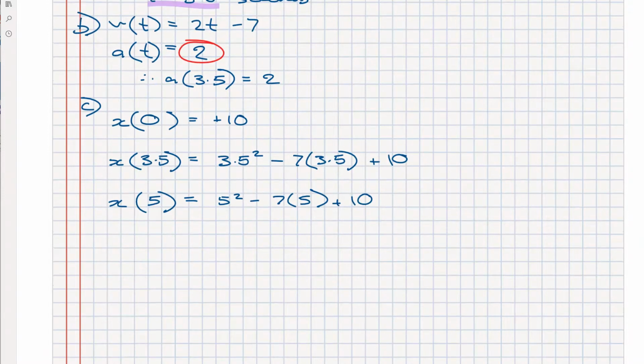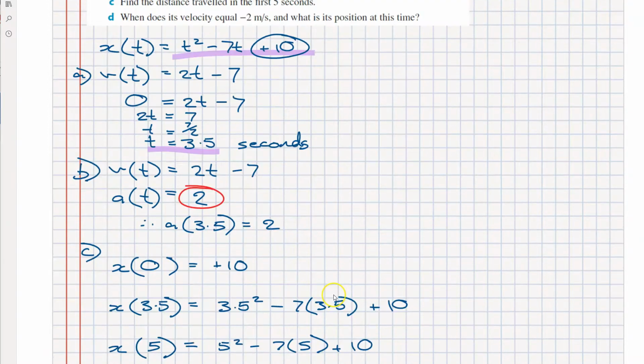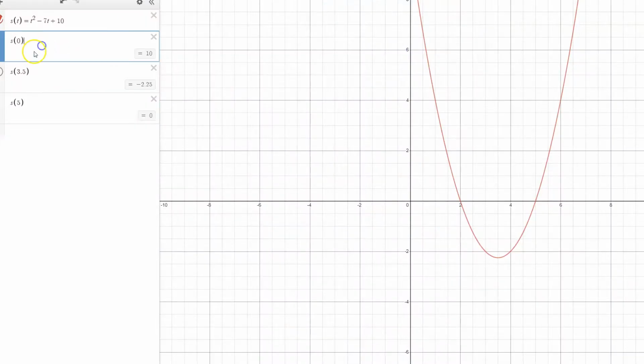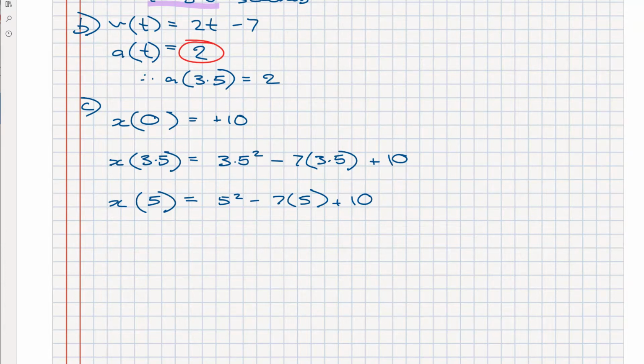I'll quickly whip out my calculator and put those in. Using my calculator, I've used Desmos in this case, I've calculated the displacement at all of these locations. At 0 it's 10, at 3.5 it's negative 2.25, and at 5 seconds it's 0. So negative 2.25, and this one is 0, so nice and easy. What we find is that we're in positive, then we go into negative, and then we flip back around